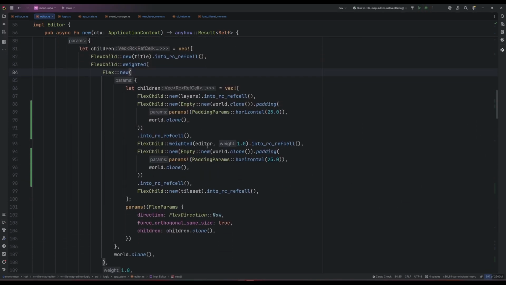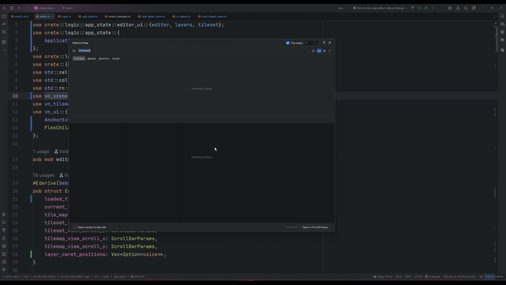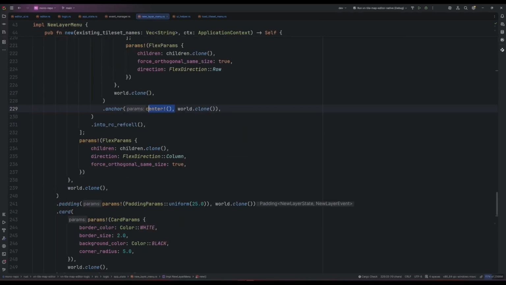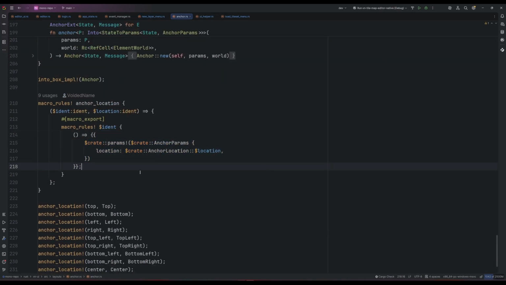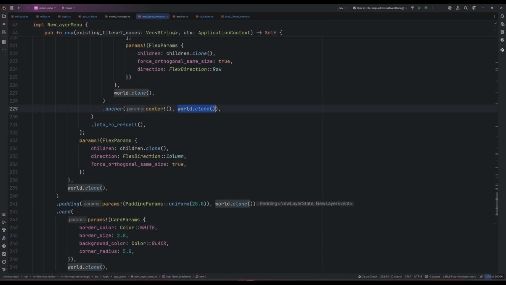But one thing that is very painful is how verbose everything is. I already am using macros to shorten things. For example, centering with the anchor one is already a macro because it's just annoying to always type this out. Another thing that's annoying is that we have to pass the world around. The world is just an ID generator. Since every element needs its unique ID and they're currently constructing it themselves,